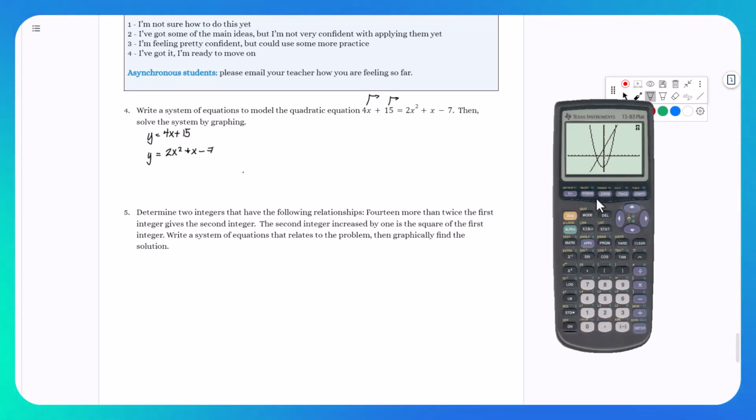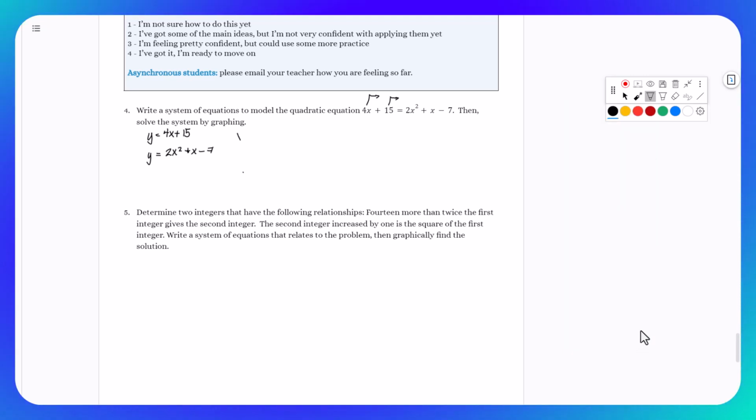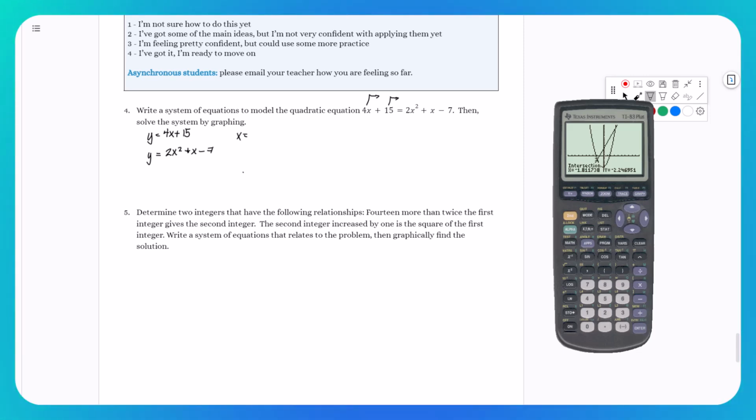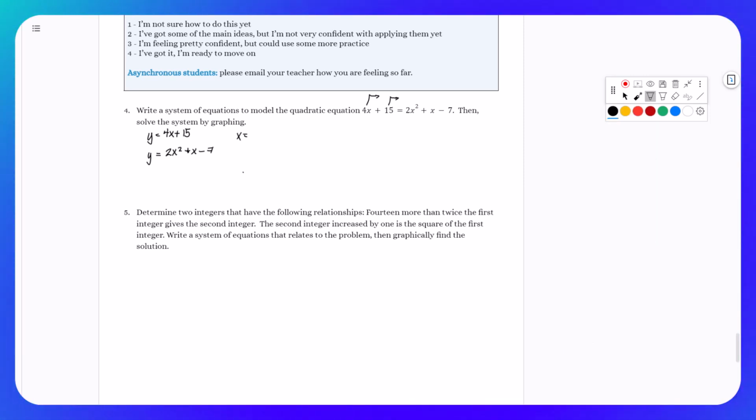Again, we go second, trace, and 5 for intersect. Now we're going to go close to the first one, enter, enter, enter. And notice we have some decimal values. So in this case, x equals, to the nearest, let's say the nearest hundredth, let's do that. x equals negative 1.81